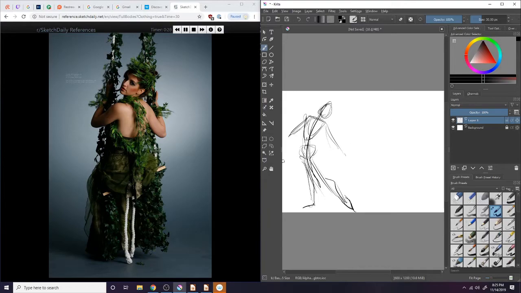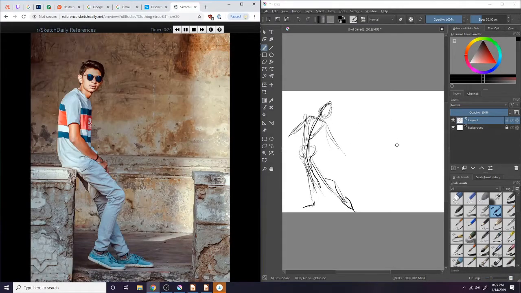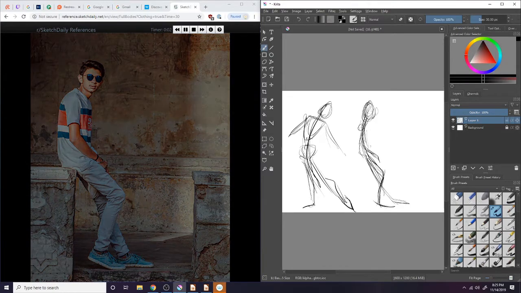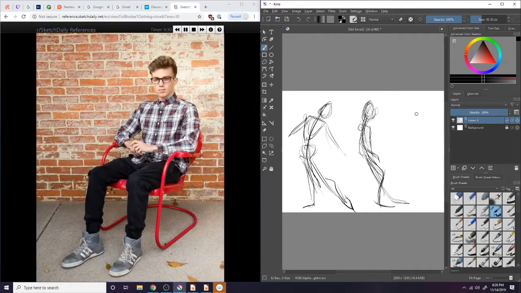That's a bad one. I'm going to go forward. Here's an okay one. Action line. Find the head. Oh, 30 seconds is gone before you know it.